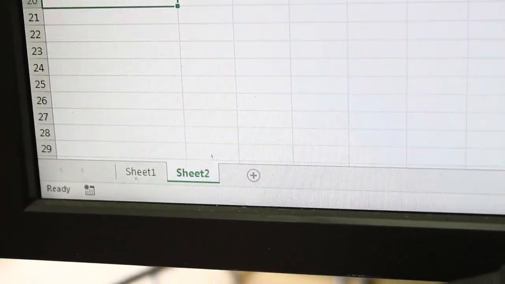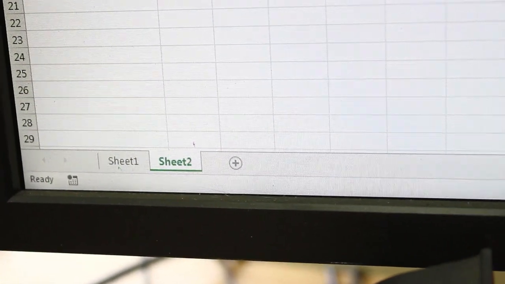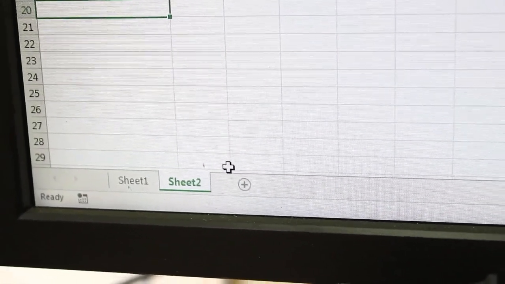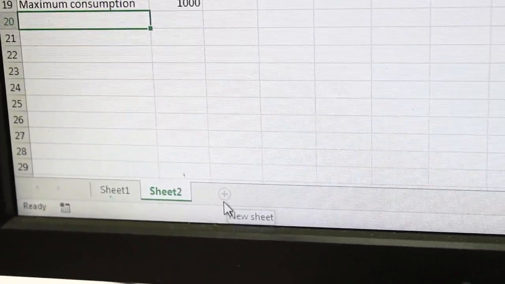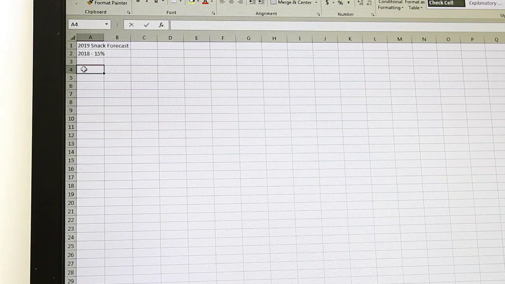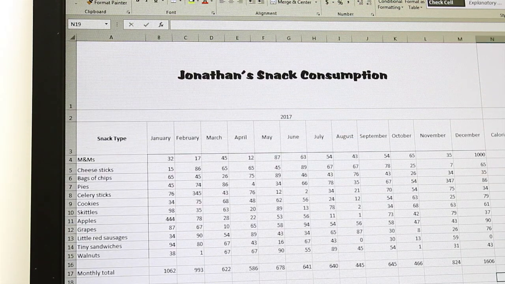Alright, so point 9 says that it wants me to do something on a separate worksheet. So I need to make a new worksheet. That's easy enough to do. All I have to do is, at the bottom left of the screen, click the plus, which adds a new sheet and is nice and empty. Alright, what we want to do on this separate worksheet is forecast Jonathan's 2019 snack intake if it reduced another 15% from 2018. So if we go back to our original sheet,